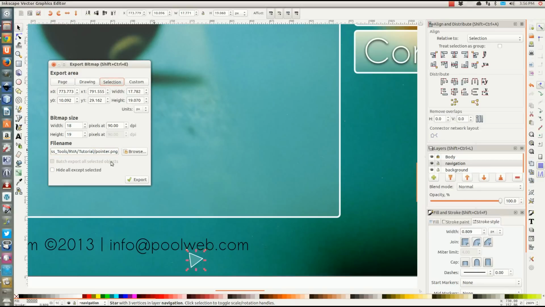Based on selection, it gives you the size 18 by 19, so you have to keep that in mind if you want to use it in something else, and export. That's it. Now you have all the elements ready that you need to create a website. As I say, this is just for the layout. To make this, convert that into an HTML, then we're gonna use the power of